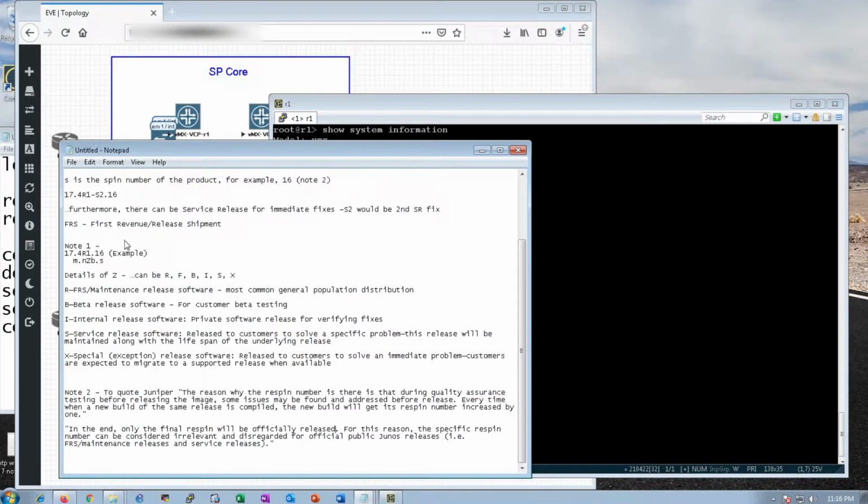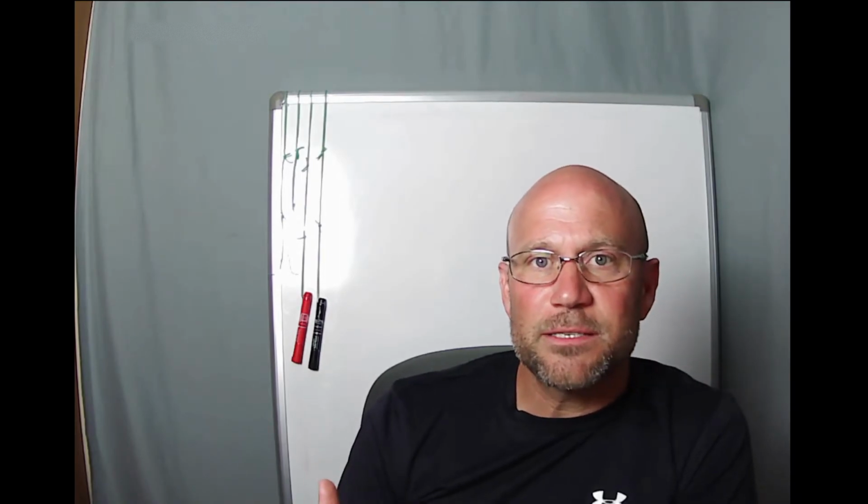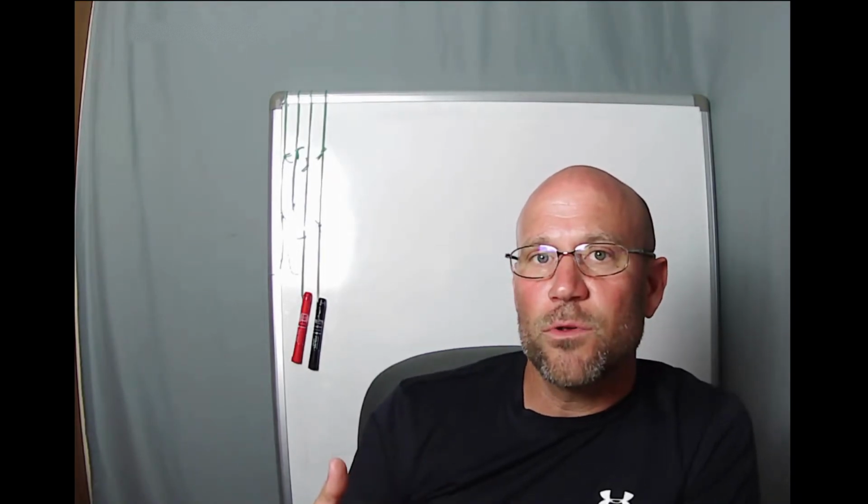Now, there's a number that can show up between there. All right, so in this case, we have our 17.4R1.16 version. Well, there's a number that could show up in the middle there, 17.4R1-S2.16. That -S2 signifies a service release, and in this case, in my example, it would be the second service release fix. Okay, so the service release is something that is fixed along the way to solve a problem